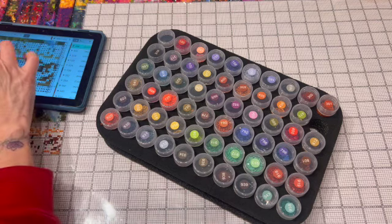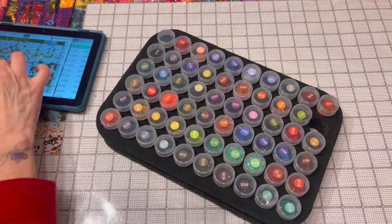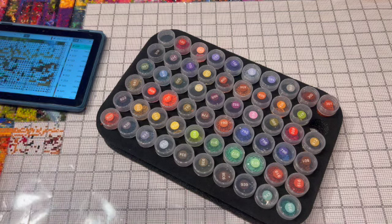My last diamond painting session, I had a lot of browns on this one. All right, so the next one is from